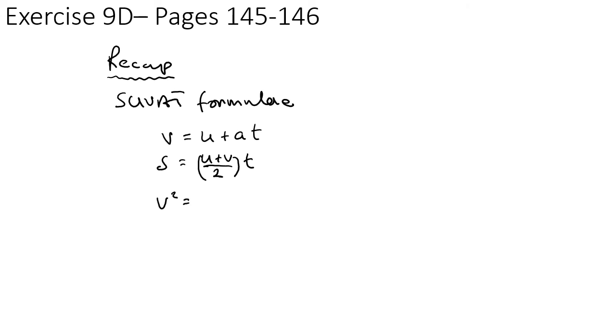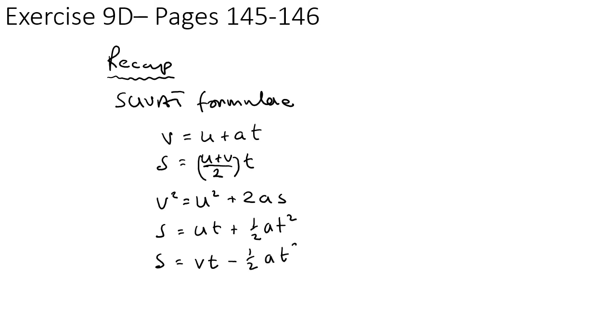So V squared equals U squared plus 2AS, S equals UT plus half AT squared, and then S equals VT minus half AT squared. If we were to number them 1, 2, 3, 4 and 5 and actually write out SUVAT like this,